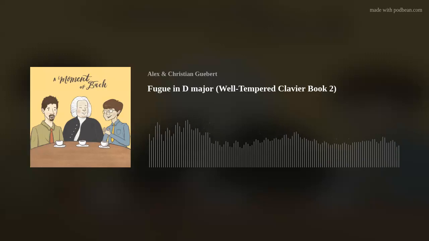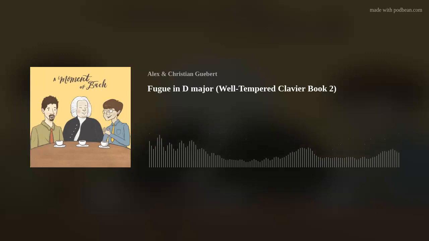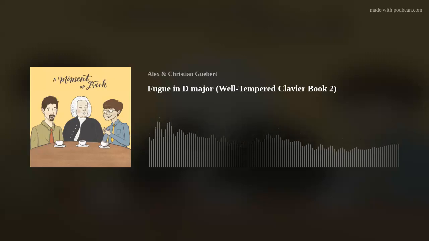So let's start with our prelude. In the two books of the Well-Tempered Clavier, Bach organizes a prelude and a fugue, each a pair in one key. In every key, major and minor, he does this. So we're in Book 2 and we're now on the fourth set of prelude and fugue, because we've already done C major, then a prelude and fugue in C minor, and then it goes on to C sharp and so on. And now we're on D.